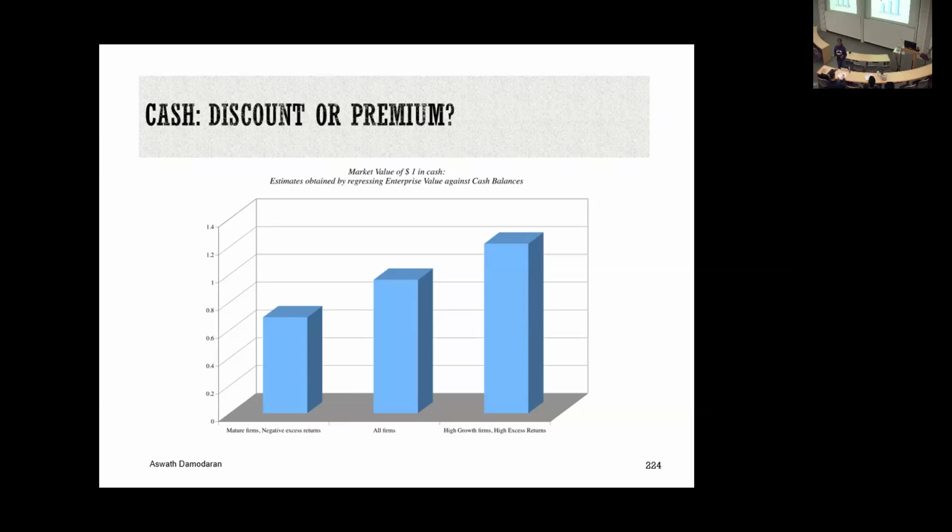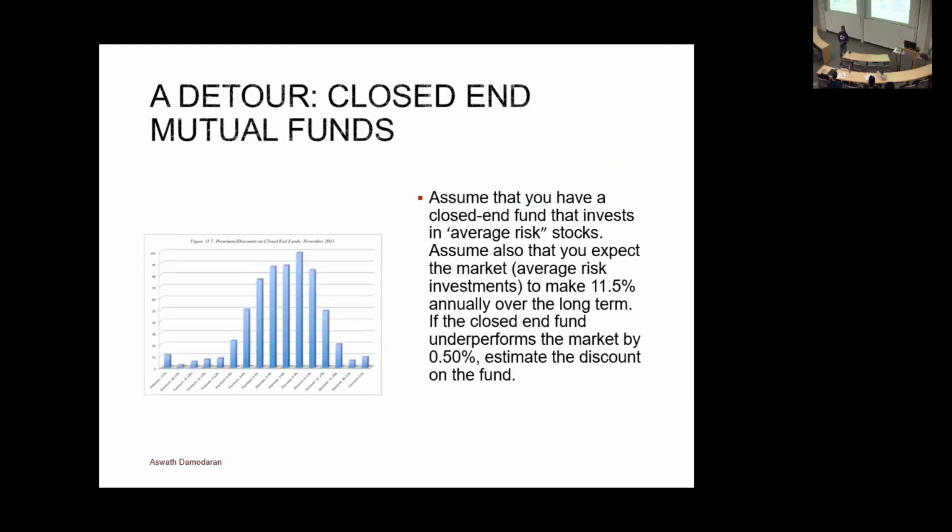Now do you see why a Carl Icahn or a Bill Ackman, this is your perfect target? Because you target the firm, all you have to do is return the cash, the discount disappears. You don't have to do any operating shifts, no leverage changes. Without activist investors, though, you can have companies hold big cash balances, have big discounts, and not much is going to happen at those companies. So now let's talk about closed-end mutual funds.